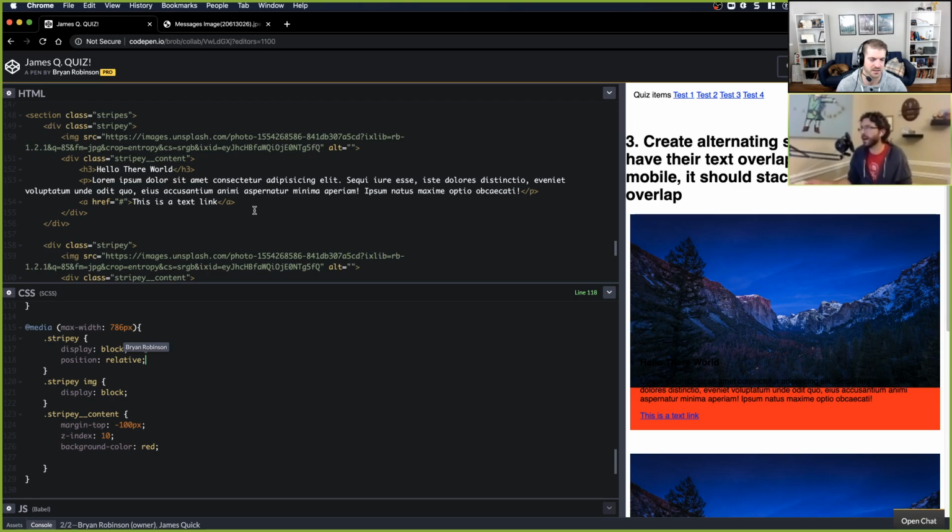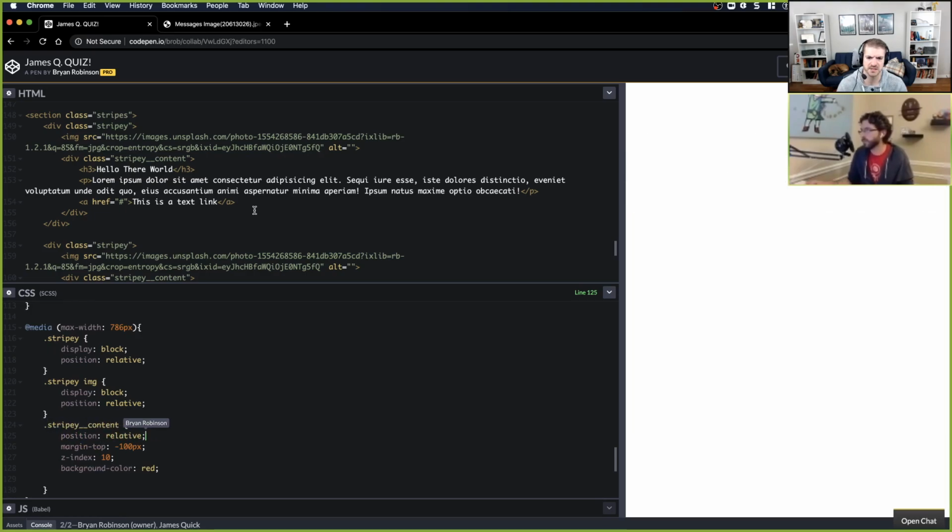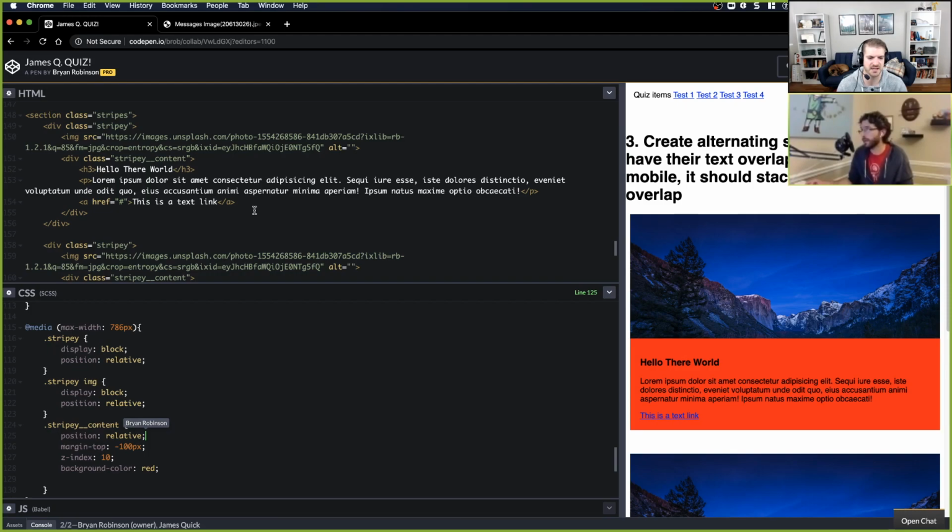The element itself, which is div class stripey content, is its own pane. Right. We proved that the text was showing on top of the image, so that makes me think z-index is not even a possibility. You know what I'm saying? The text and the background wouldn't be on different layers.